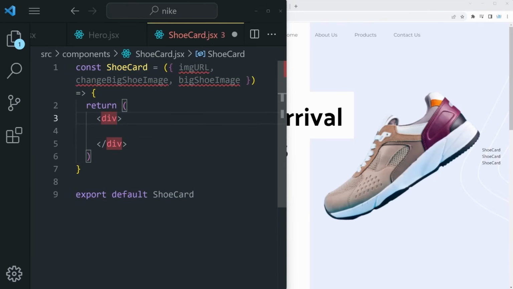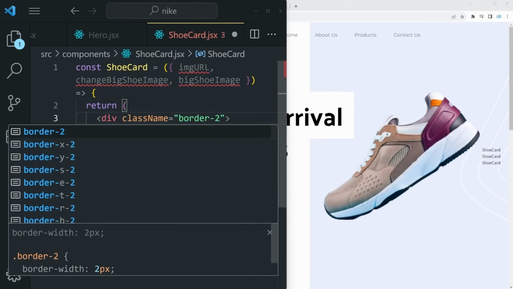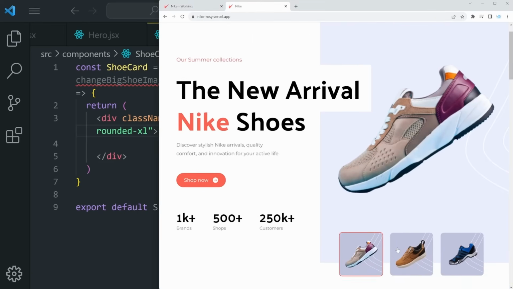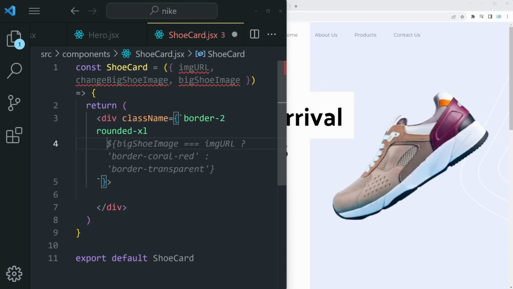The first one is going to be a div that's going to have a className equal to border-2 rounded-xl. And then we have to figure out if the current image is the currently selected big shoe image, which means that we have to change the styles dynamically to either add or remove the border from the currently selected image. This is a pretty cool thing, so let me show you how to do it. Instead of just a string, you pass a dynamic template string as a className, looking like this. That then allows you to provide some logic to your class names. So you can say